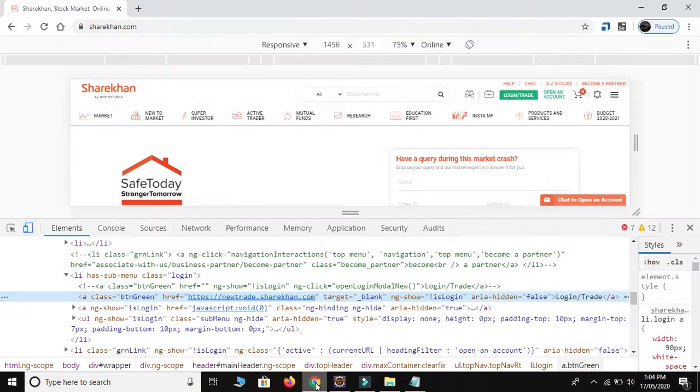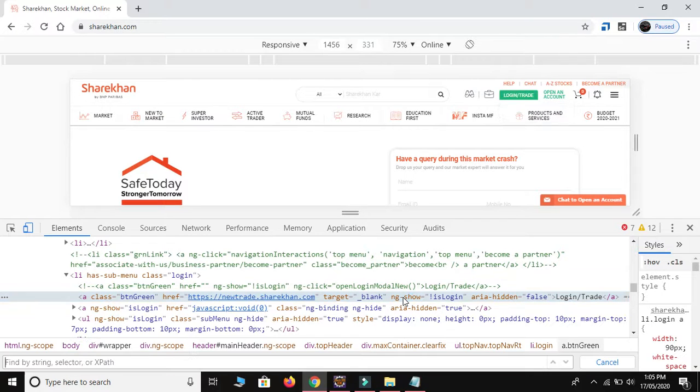So let me inspect. Okay, let me inspect one more time. So this is our button. It contains some attributes, class name and so on. So it is better to use this, or okay, take any one attribute.